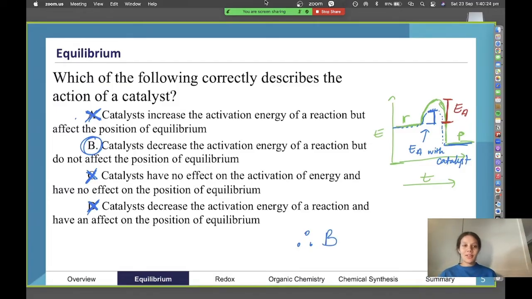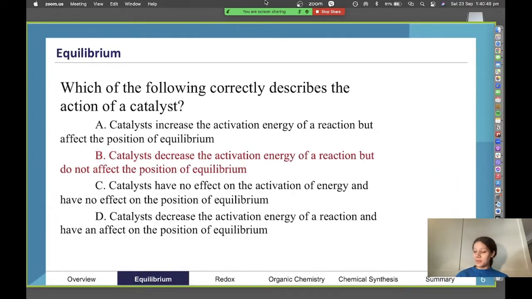So that's a little process of elimination. And if you want to really try and maximize your time in the external, have a think about whether you can immediately see that there's something wrong with an answer. For example, we just started by looking at activation energy, and you can already rule out 2 out of 4 of the options just by looking at one part of the answer. Then we can use the last little bit to finally get the correct one. So that's a little bit about the multiple choice process, and that's our correct answer B.